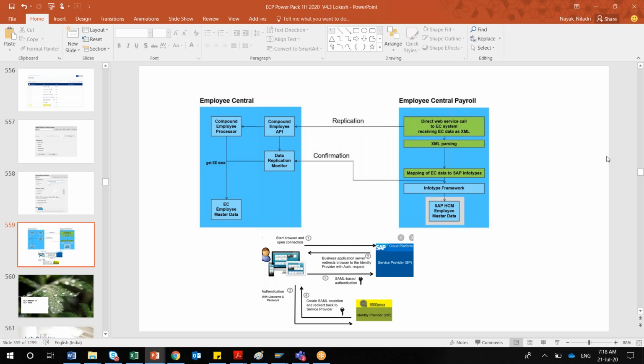Because how will ECP get to this web service call, how will it enter into EC and vice versa? When that compound employee API gets EC employee master data back to ECP, it needs some security authorization to enter into ECP, right? So how does that happen?